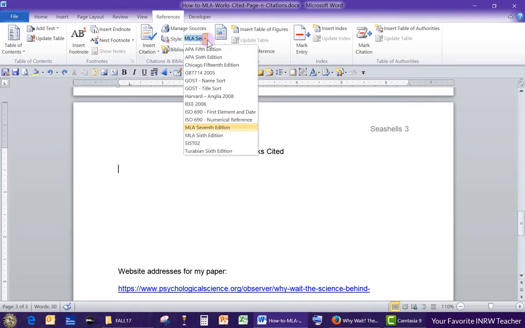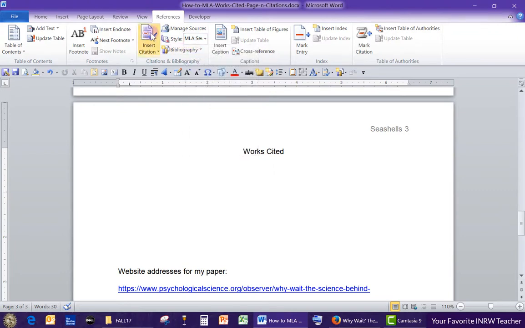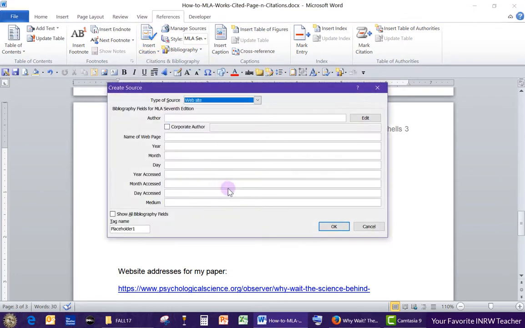Okay, so it's at MLA 7th edition right there, and then I'm going to go here to Insert Citation, Add New Source. This will also create an in-text citation. So what you want to do is when this comes up, the Create Source window, your default might not be website, it might be book. But you want to make sure that my students are using websites, website addresses, so make sure that website here